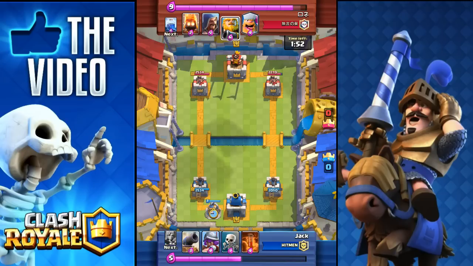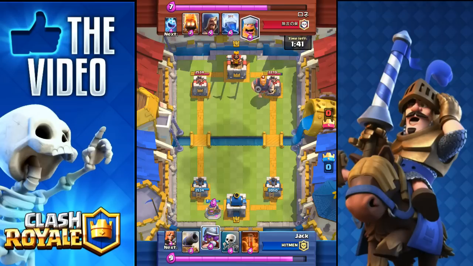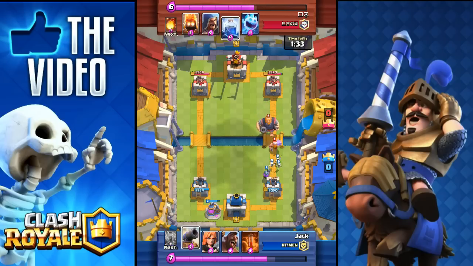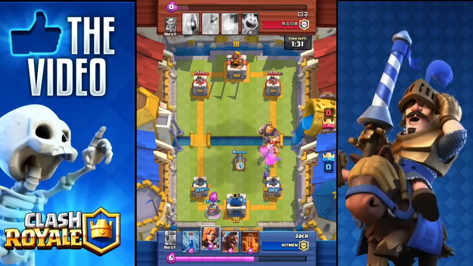Alright, we play an Elixir Pump once we fall at the back. Opponent now plays a Royal Giant at the very back. Building up Elixir once more. And we're full, so we're going to play our Musketeer at the back there in preparation for the Royal Giant crossing the river. Opponent now plays a Lumberjack, so we're going to counter that with a cannon and some skellies,